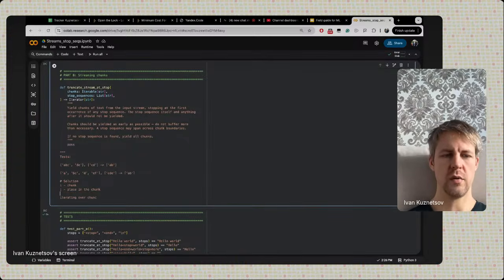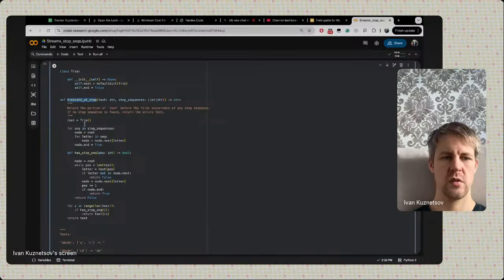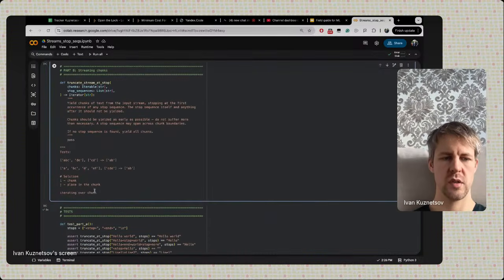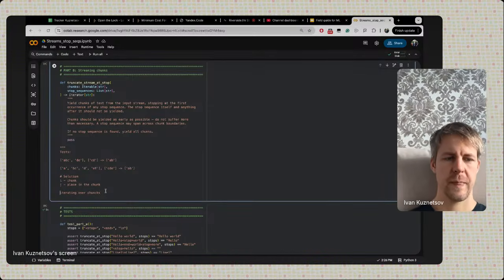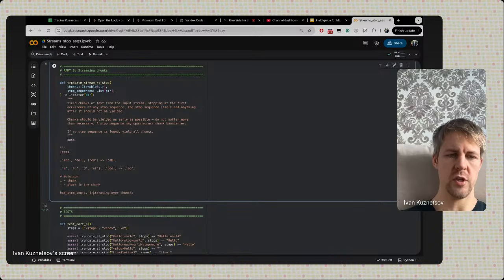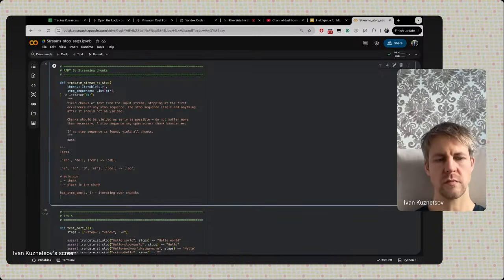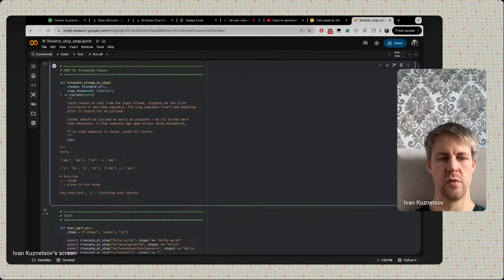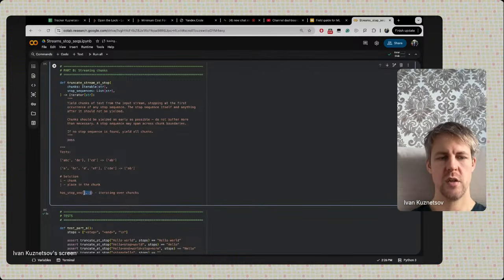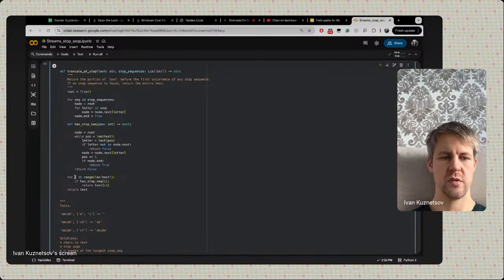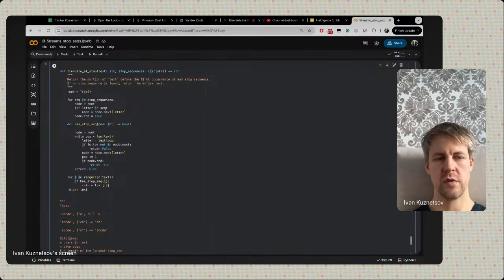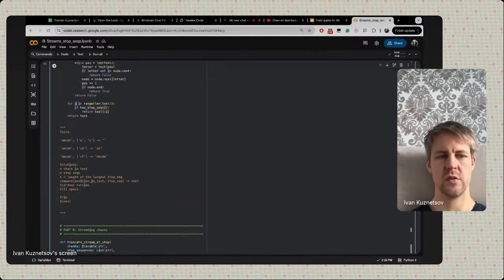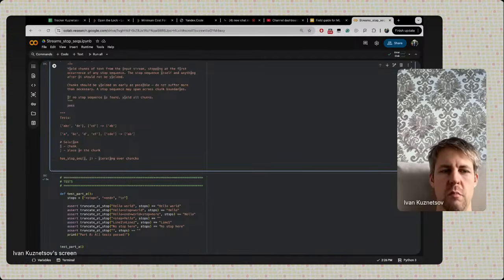So yeah, in our function, how do we call it? Truncate and has stop sequence. Has stop sequence will now take i and j. It will be iterating over chunks. And yeah, our initial position will also be i and j. And once the external position, this position i, gets out of the chunk, we yield this chunk. And then we transition to the next one. So there will be this additional managing of